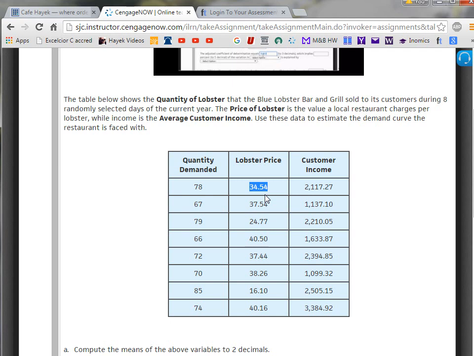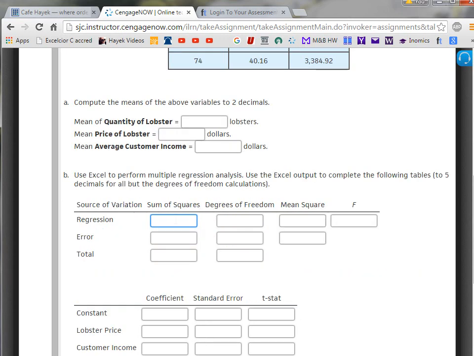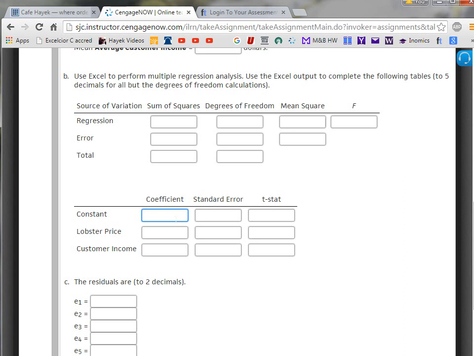So the student gets lots of practice doing multiple regression analysis. As you can tell from this setup, this problem is pretty comprehensive. It involves students computing the means of quantity of lobster demanded, the price of lobster, and the average customer income. Students then have to fill out the ANOVA table of the regression analysis, the table of coefficients, standard errors, and